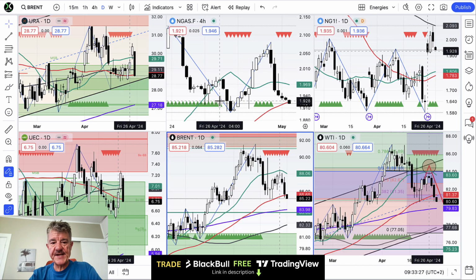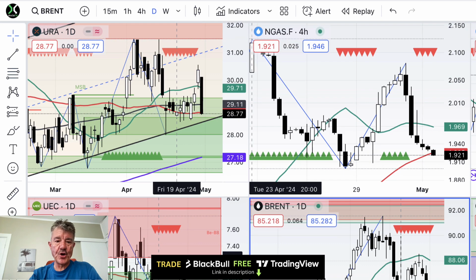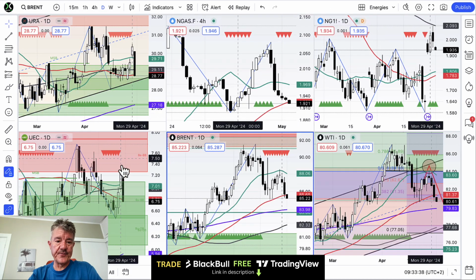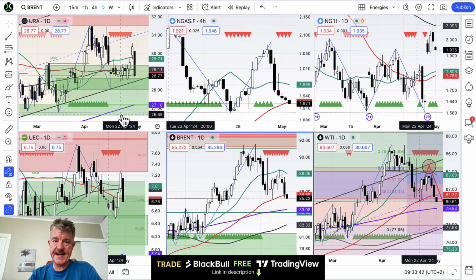Right, going across to energies, URA and UEC, we're long on those. Those came off quite sharply yesterday. I'm not sure why, but pretty much still in the range, so nothing really to add to that. A little bit annoying, just going sideways. Again, I think this is going to sort of grind higher over time. Slowly and gradually, it's not going to be explosive. We had the first big move on the uranium instruments, and I think it's a period of consolidation for a while.